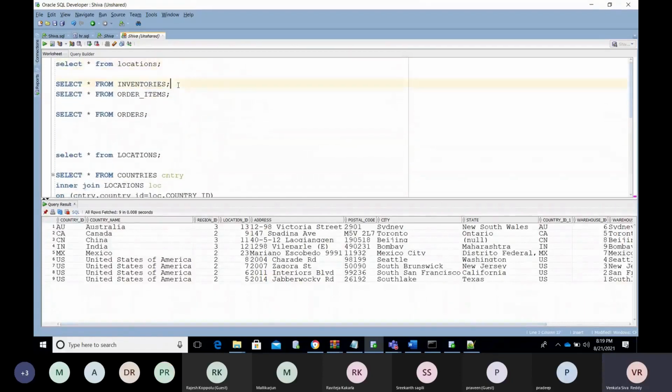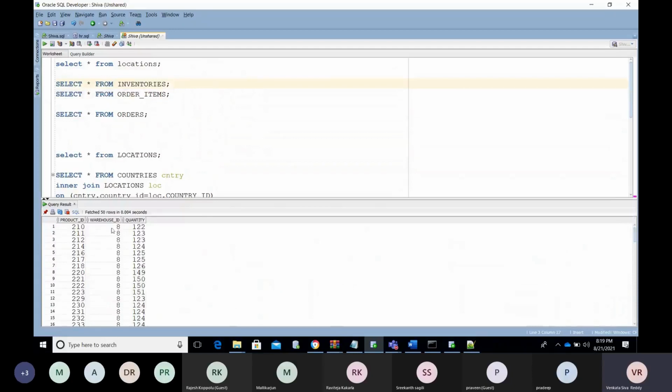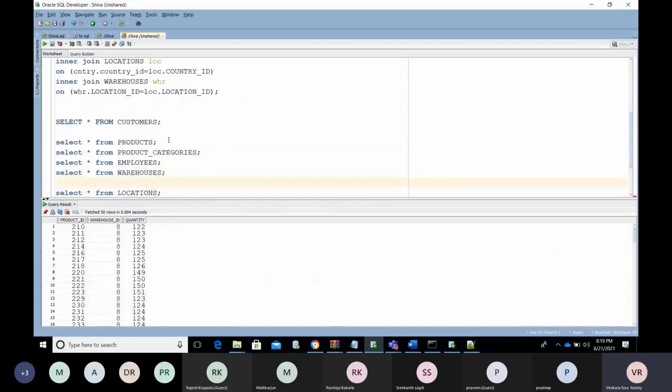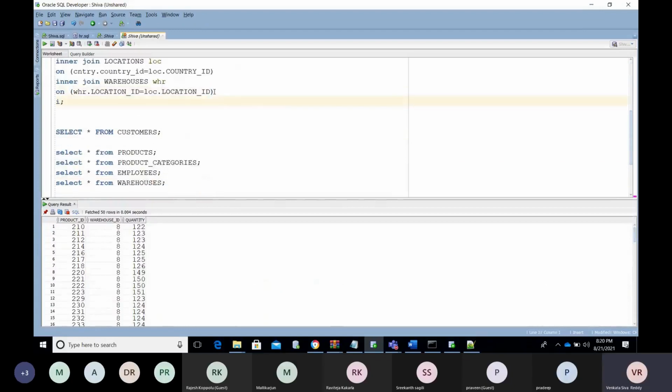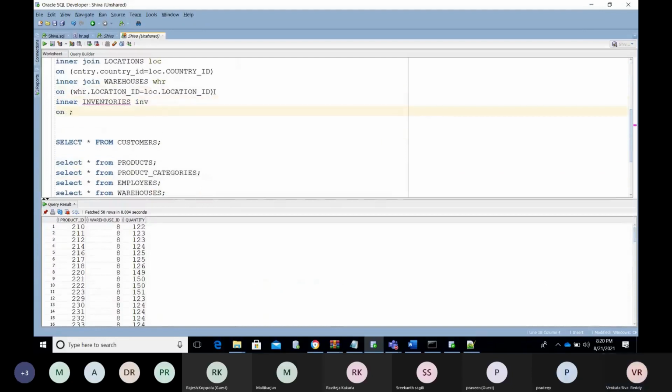See here, the inventory table has the product ID and the warehouse ID. You already have the warehouse information, since you already put the join with the warehouse table. Now you can put the join on warehouse ID.